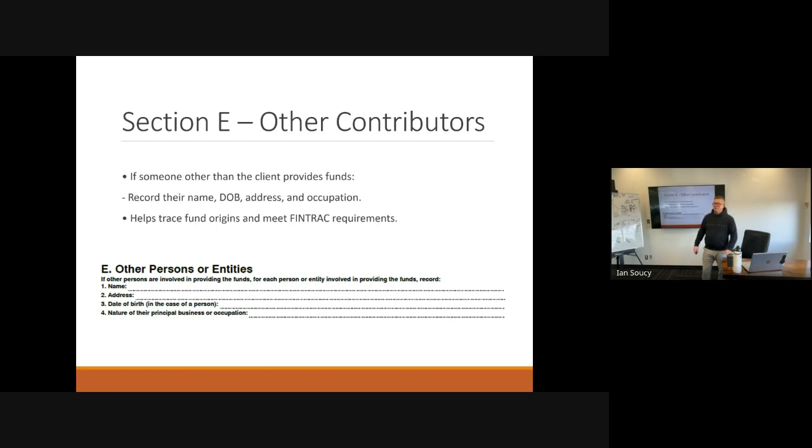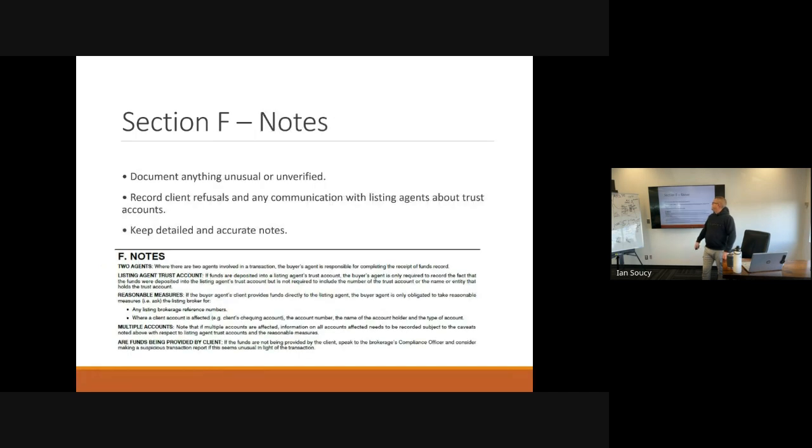All right, this is basically notes. If there are two agents involved in a transaction, the buyer's agent is responsible for completing the receipt of funds. The listing agent's trust account: if funds are deposited into a listing agent's trust account, the buyer's agent is only required to record the fact that the funds were deposited into the listing agent's trust account, but is not required to include the number of the trust account. So what this means is that if you're double ending it,